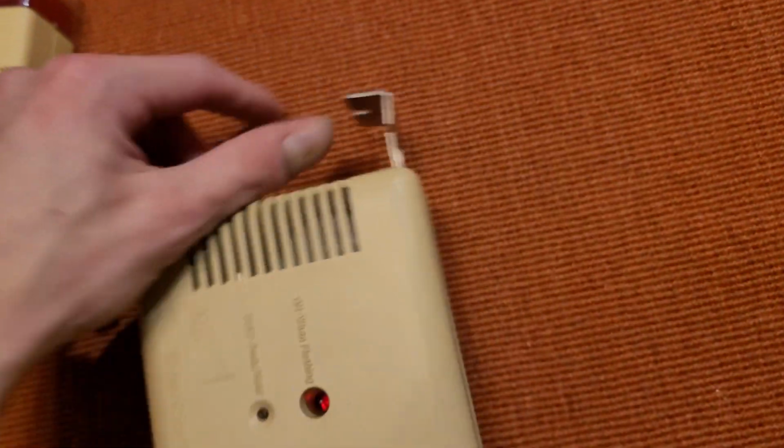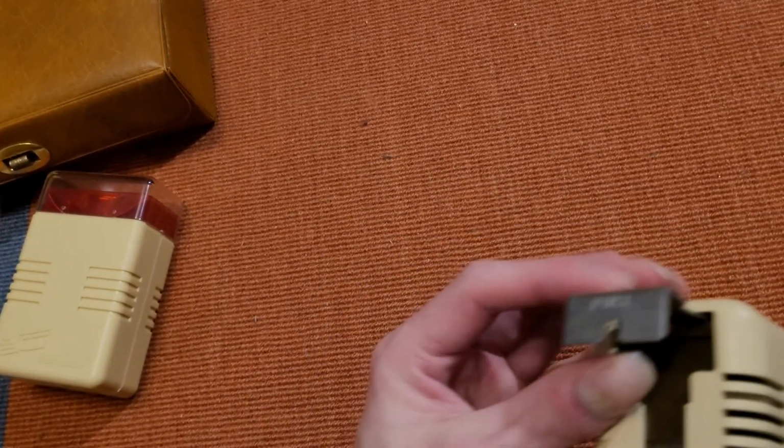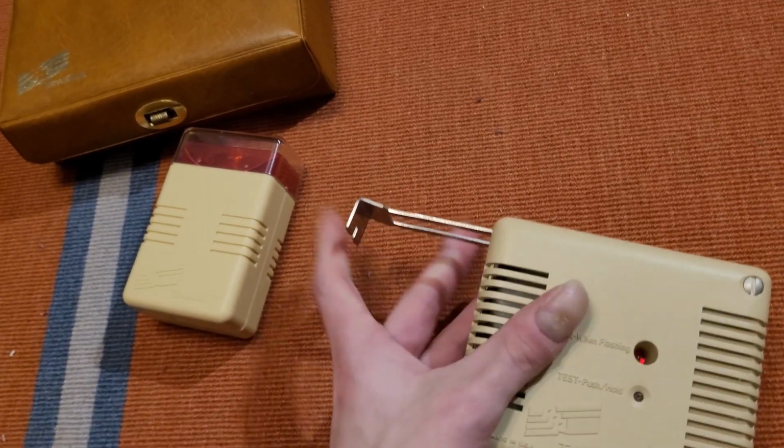One second. Oh, it's really hard to get this. Ow! Oh, there we go. Okay, I think I almost cut myself or my fingernail off, but I did get the door clip off, so it just slides out as simply as that, and you can move it in and out. So I could just take it over here to my door